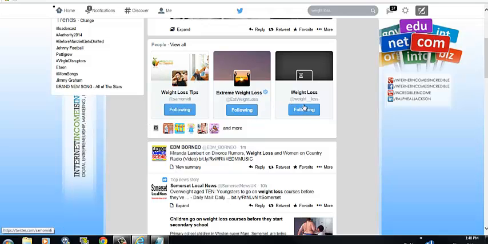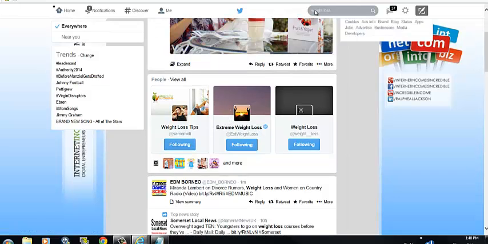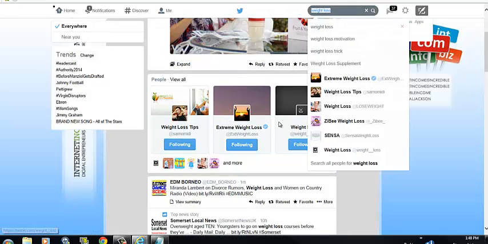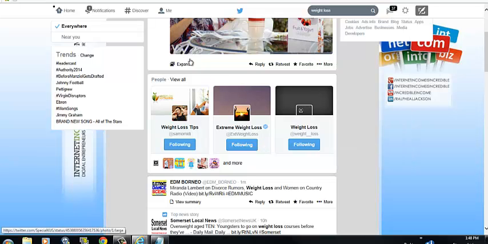Whereas I don't see anything that says promoted, but I'm going to assume that all three of these are promoted accounts. So they're telling Twitter, hey, when people type in weight loss, show my account, and people can actually follow them. Now it's going to cost them, Special K, as well as these folks promoting their accounts, a certain amount of money, maybe 5 cents, 10 cents, 15 cents, 20 cents or